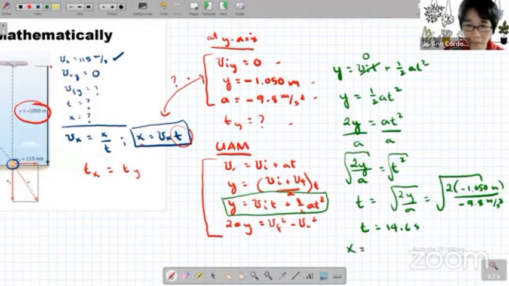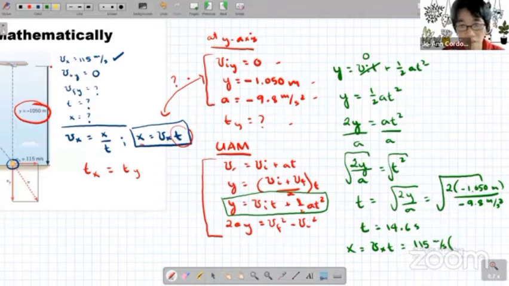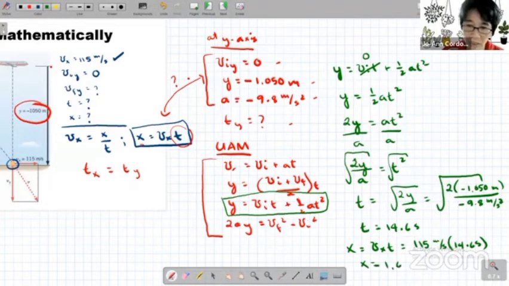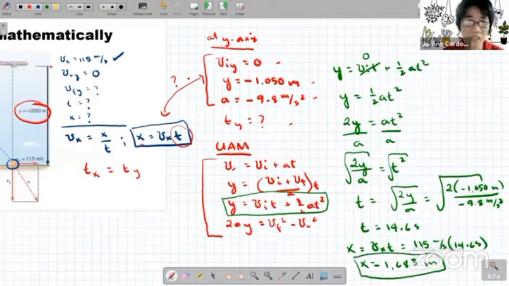And there, we can therefore already solve for x. So that x is now equal to v sub x times t. So that will be 115 meters per second multiplied by t, which is in this case 14.6. So you get an x that is approximately about 1,683 meters. Okay. So this kind of solutions, sanay tayo na binibigay sa estudyante, pero ang important, I think, is